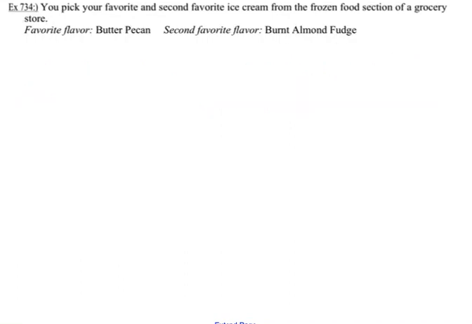You pick your favorite and second favorite ice cream from the frozen food section of a grocery store. So your favorite is butter pecan and your second favorite is burnt almond fudge. If we're talking about favorite and second favorite, they cannot be the same. I mean, you can have a favorite and not have a second favorite, but then you'd only get one type of ice cream. So you'd probably have a second favorite. Anyway, they can't be the same one, so it is dependent